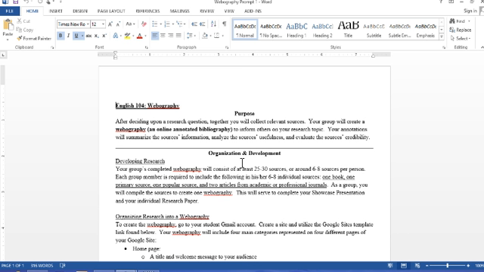Your group will create a webography, which is an online annotated bibliography, to inform others on your research topic. Your annotations will summarize the source's information, analyze the source's usefulness, and evaluate the source's credibility. So essentially you're creating an annotated bibliography which discusses and summarizes the source, analyzes it, and evaluates it, but you're